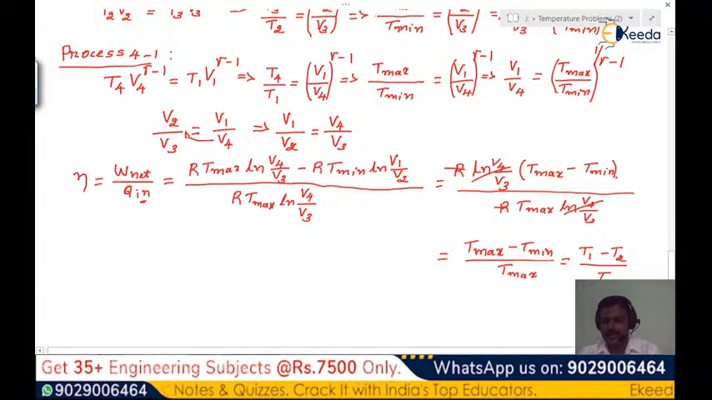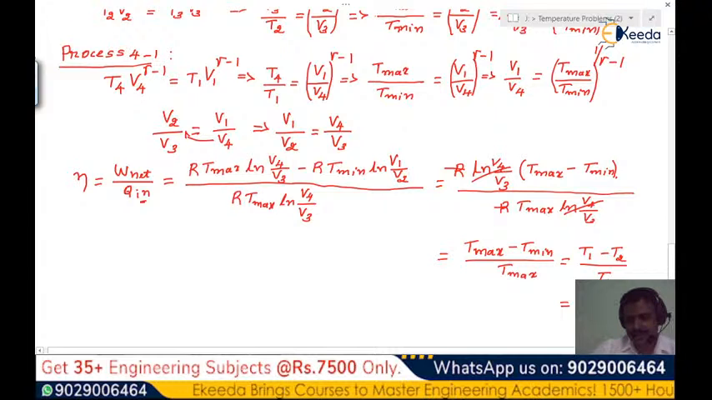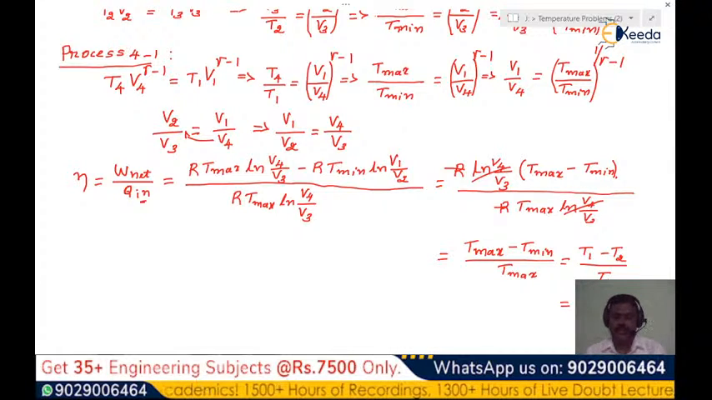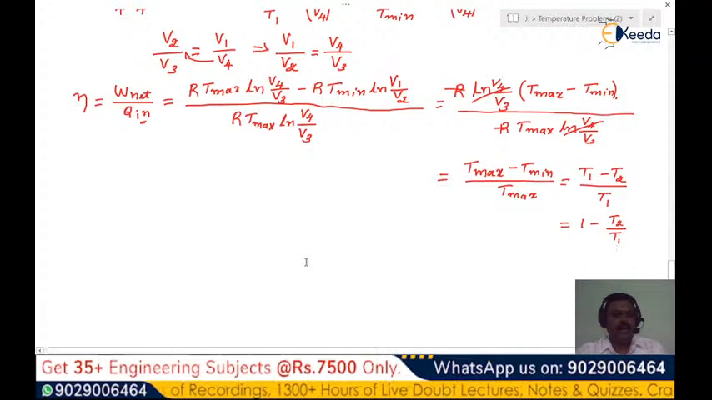once again, T max is T1. So this can be simplified as 1 minus T2 divided by T1. So this is the efficiency of Carnot engine that has all the four processes reversible. This is a reversible heat engine that will produce maximum efficiency, and the efficiency we can write down also in this way, that is